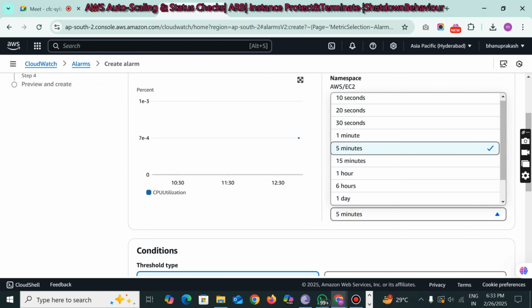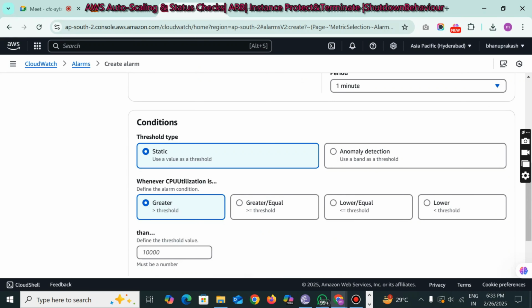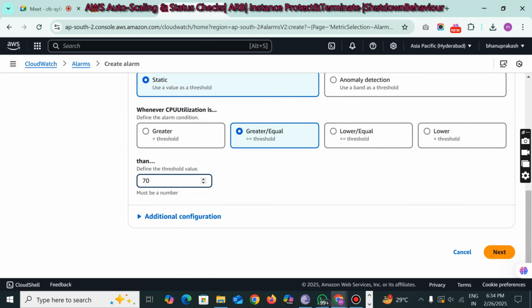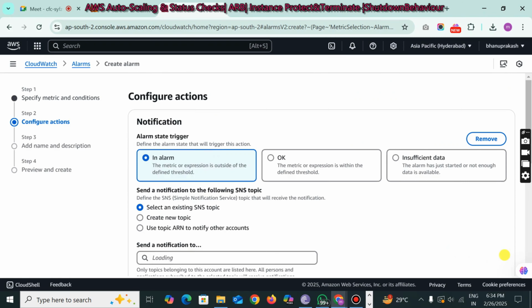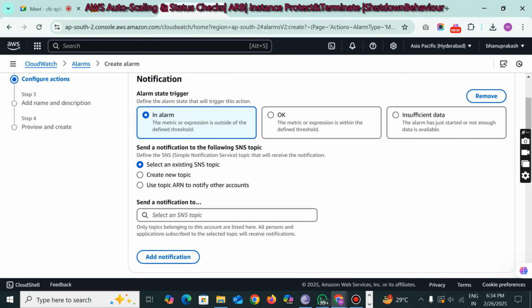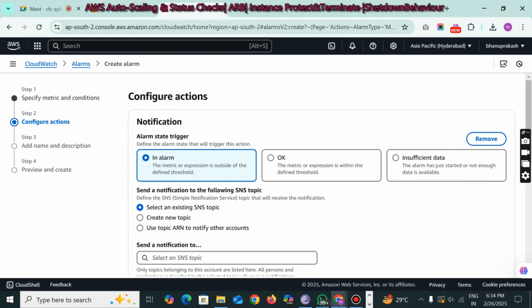See here the period of time it is asking, I am changing it to 1 minute, and scroll down. Conditions I am setting it to static. Whenever CPU utilization is greater than or equal to, I am choosing greater than or equal to 70%. Greater than or equal to 70%. Then what happens? CPU utilization is 70% కంటే ఎక్కువ ఉంటే I want to add instances. So okay, here